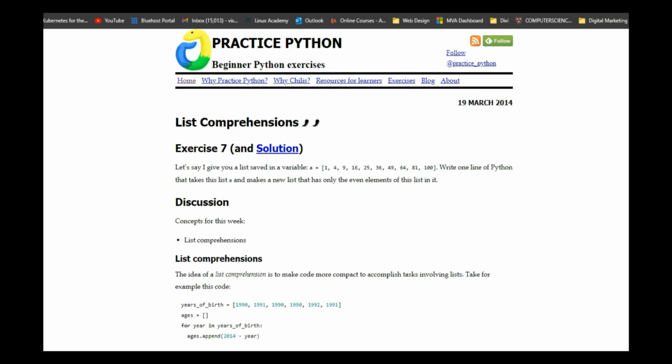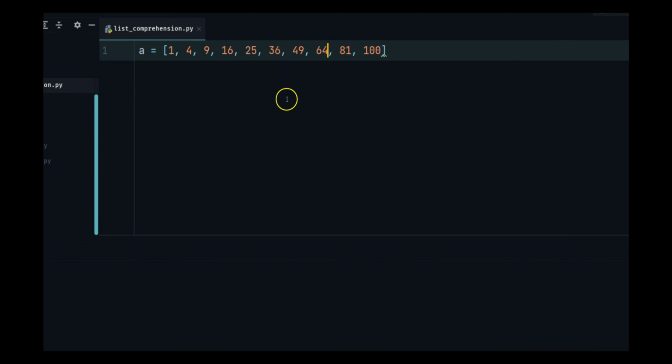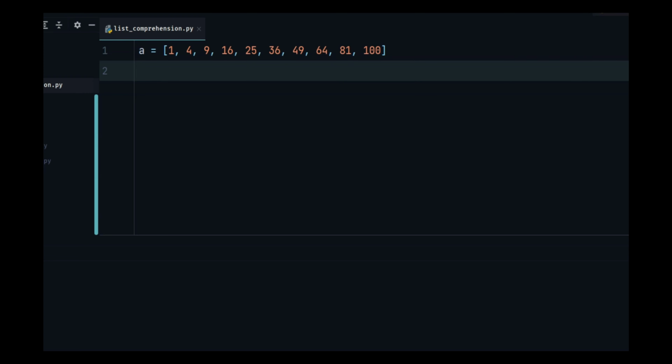There are a few even elements in here: 4, 16, 36, 64 and 100. So we have to make a list that has only the even elements.